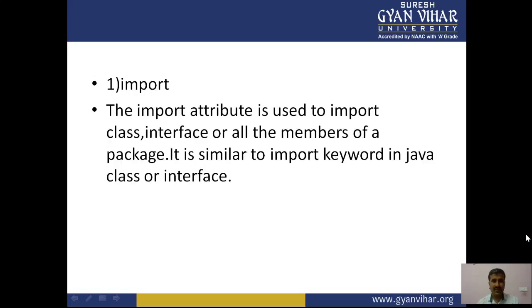If we go into detail about import, the import attribute is used to import classes, interfaces, or all the members of a package.